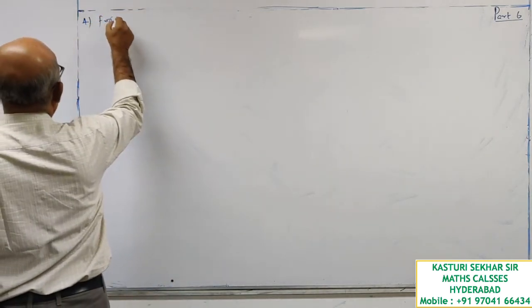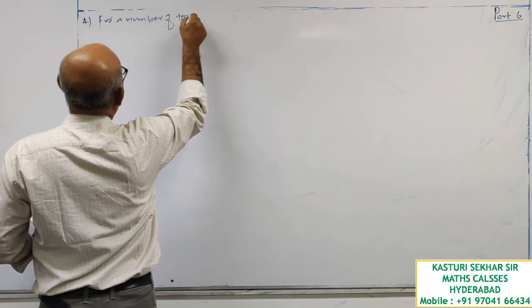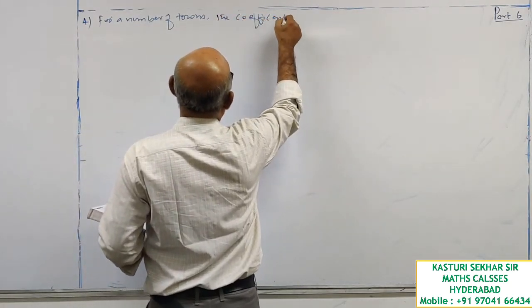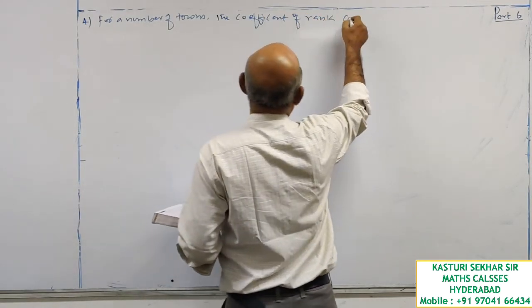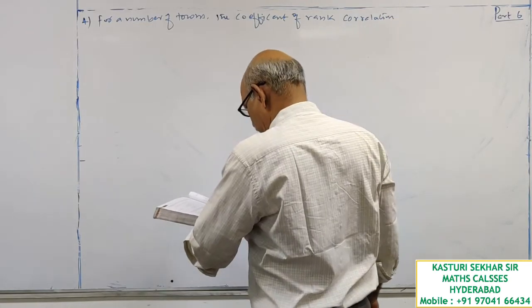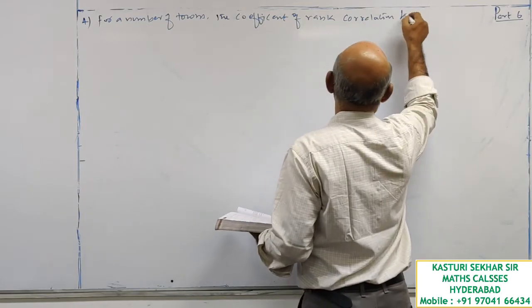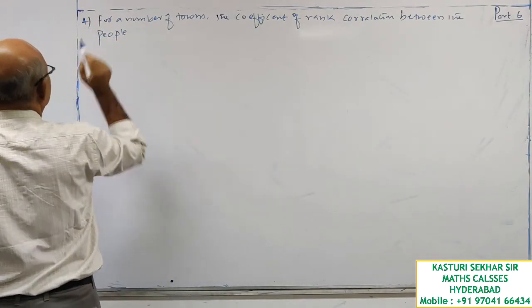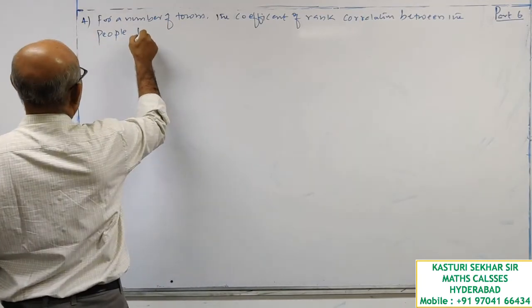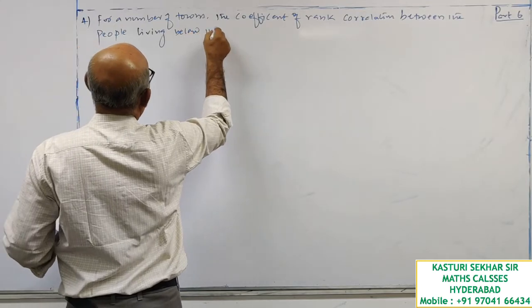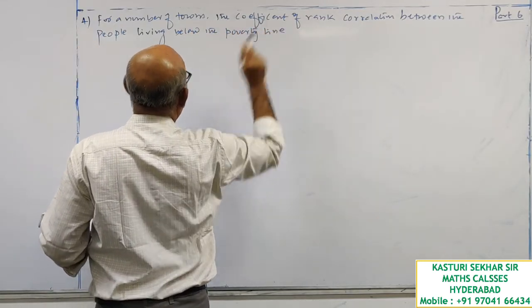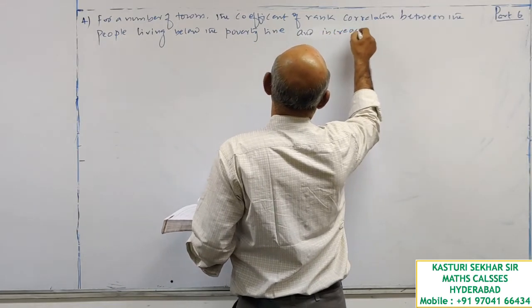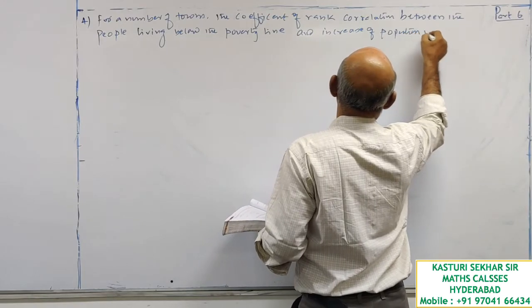For a number of towns, the coefficient of rank correlation between the people living below the poverty line and the increase of population is